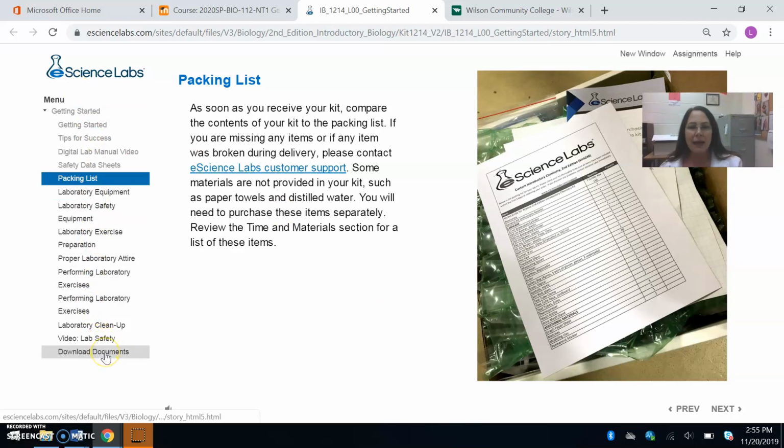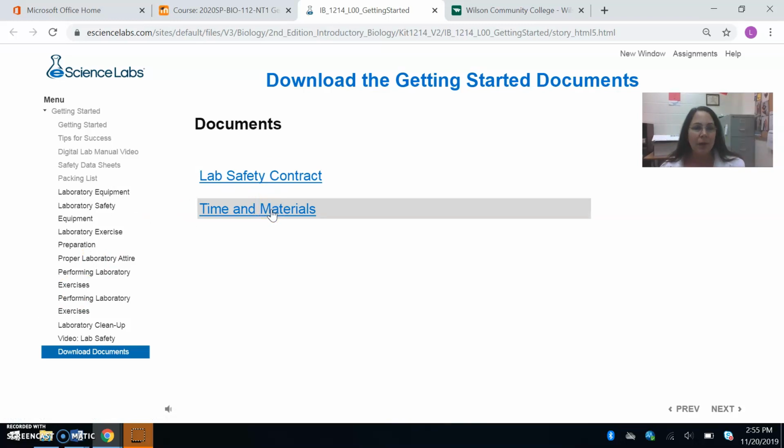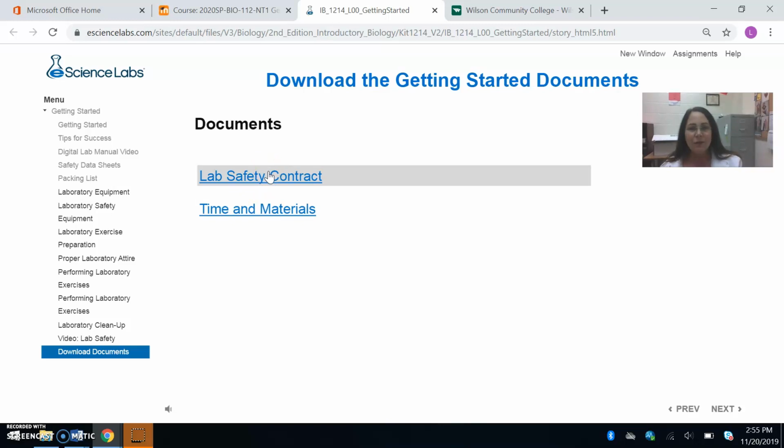But the assignment is actually this. The time and materials just tells you for each lab what materials are required. If there's anything required that did not come with the kit, such as water or paper towels or anything like that. And it also tells you the time that your lab activity will take you. So you can prepare and manage your time a little bit better. But the assignment for this